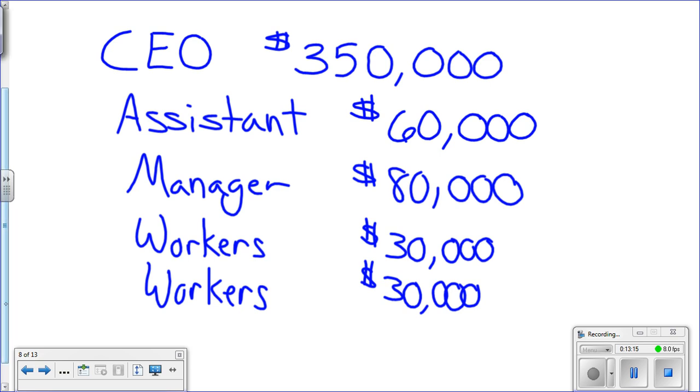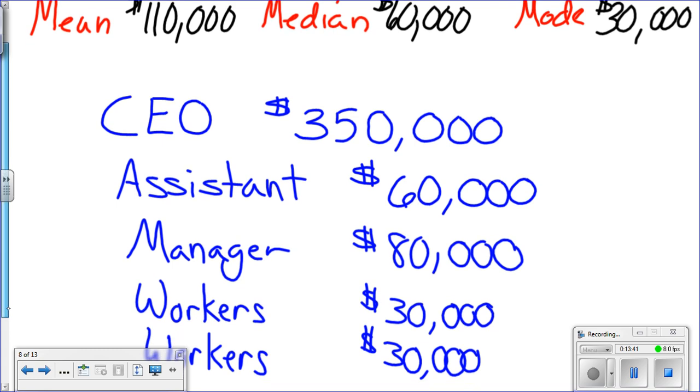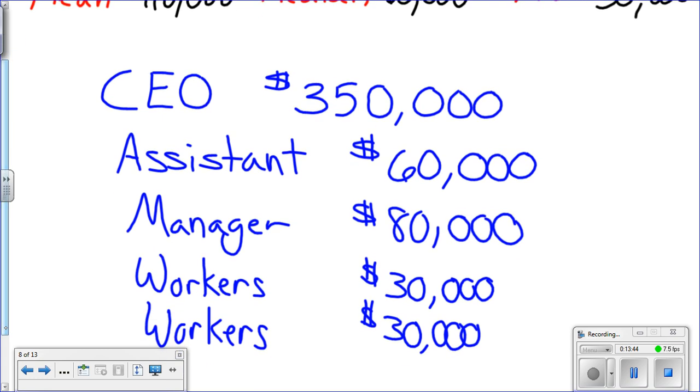Okay. So I calculated out the mean would be $110,000, the median would be $60,000, and the mode, which we rarely use, is $30,000. If I wanted to accurately describe the data set here, you have to be careful. I could make an advertisement and be mathematically correct that says, "Come work for our company. The average employee makes $110,000." Well, does the average employee make $110,000? If you look at these values here, what people are making,